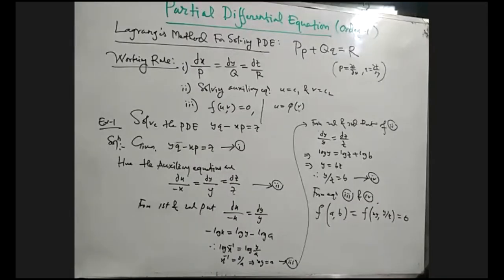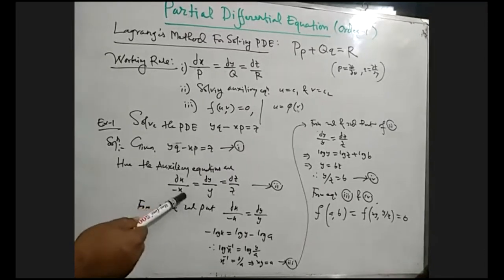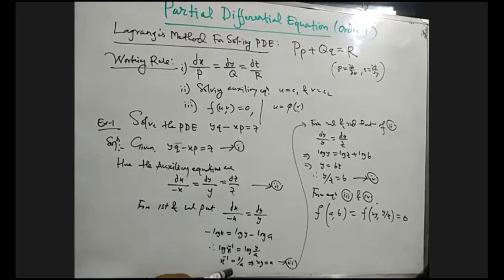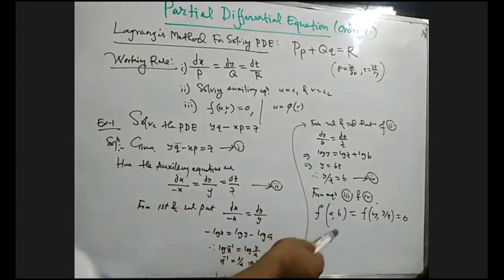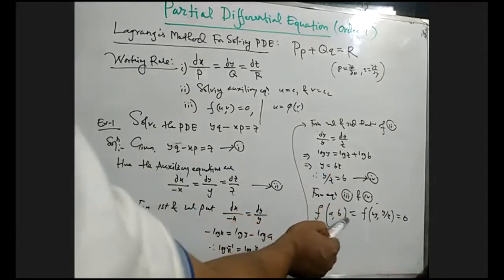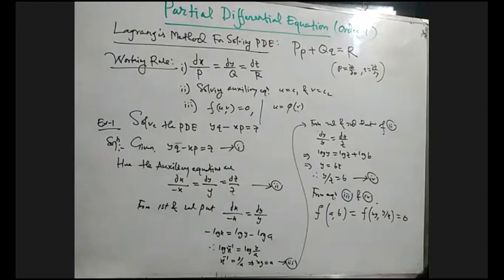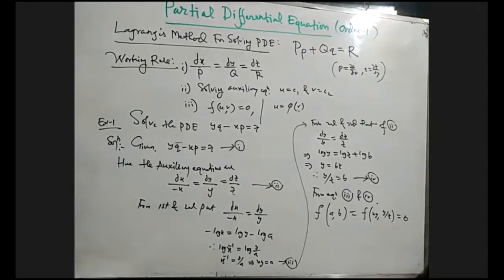So this is the Lagrange method for solving partial differential equations. We just have to form an auxiliary equation, dx divided by capital P, that means coefficient of p, dy divided by coefficient of small q equals to dz divided by right hand side R. From the first and second part of this equation number 2, we integrate and get this. Here log a is the integral constant. From second and third, we form f of a, b, where a, b are constants. Putting a and b, we can form the solution of the partial differential equation. Very easy.